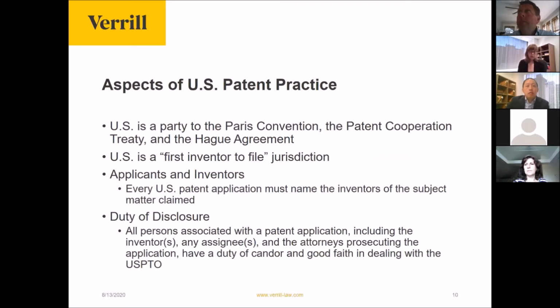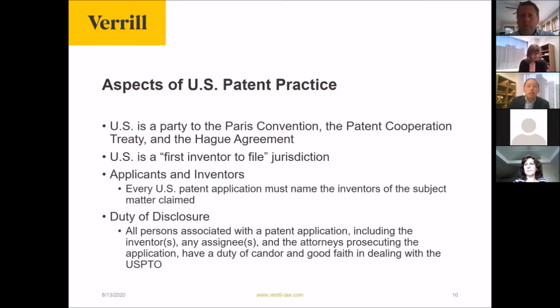An oath or declaration of inventorship must be filed, signed by each inventor with the U.S. Patent and Trademark Office. If for some reason an inventor is not available to sign such a declaration, they're unwilling to sign, they're uncooperative, or they passed away or moved away and you can't locate them, there are mechanisms to deal with that. But preferably, it's much easier to just get that declaration signed as soon as possible.